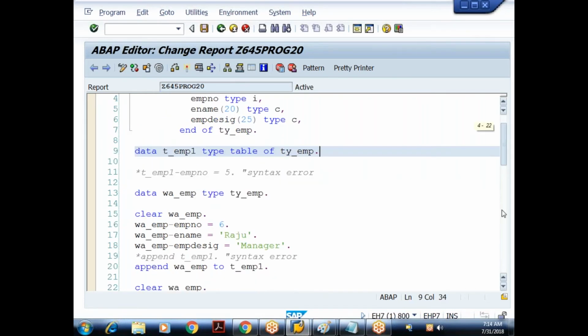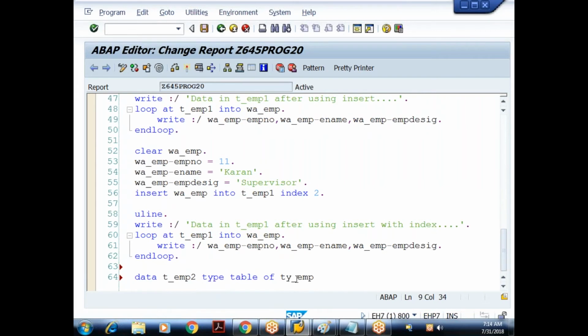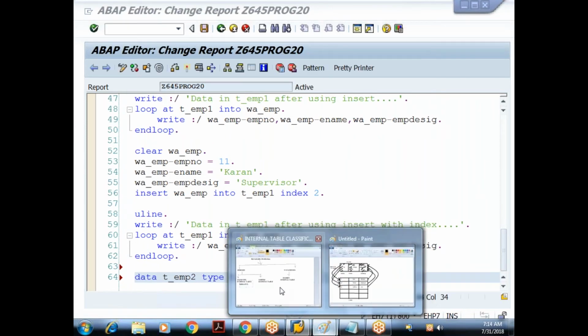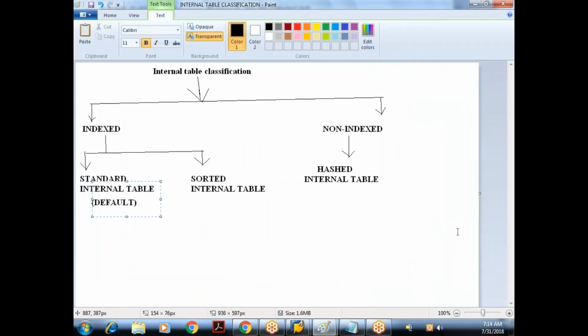Now, while declaring these internal tables, we can specify the key field. I repeat, while declaring the internal tables, we can specify the key field. That key can be either a unique key or a non-unique key.